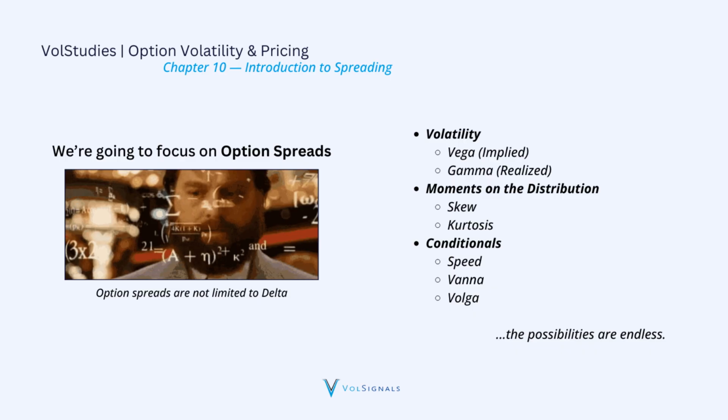Additionally, you can focus on moments of the distribution. Fancy way of saying skew or kurtosis. As you know, puts are generally more expensive than calls in the index. Not always true for single names, but generally true for the index. Some typical spreads here, for example, risk reversals. Selling a put and buying a call attempts to harvest the skew premium, which is another fancy way of saying